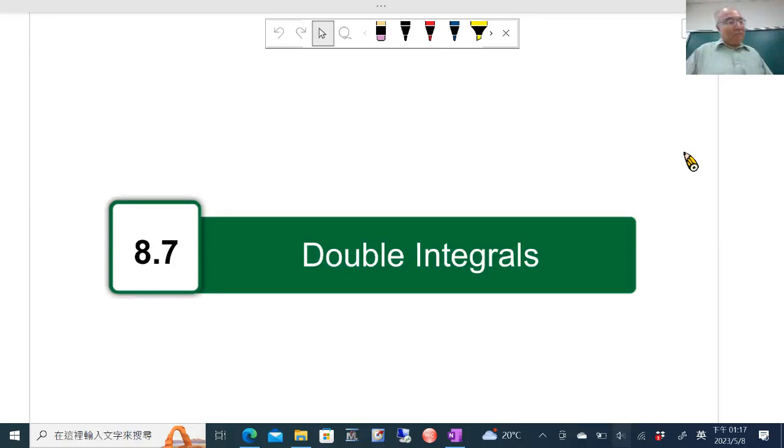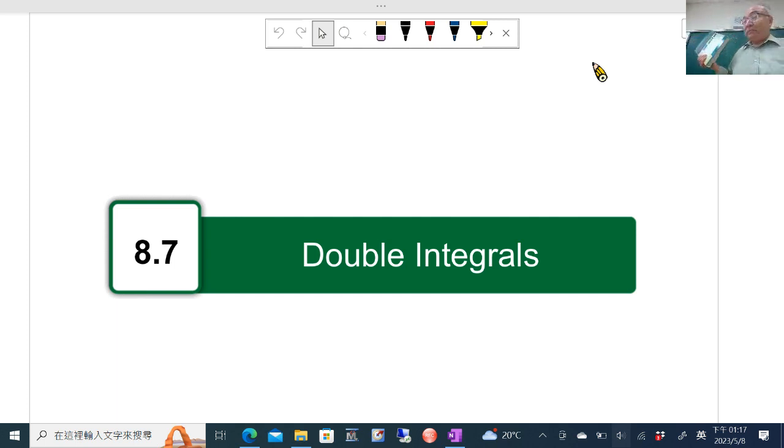Okay, time flies. It's the last two sections in chapter 8, and we are going to have a review test next week regarding chapter 8. Okay, and for those of you who use the brief version, that is the red cover,